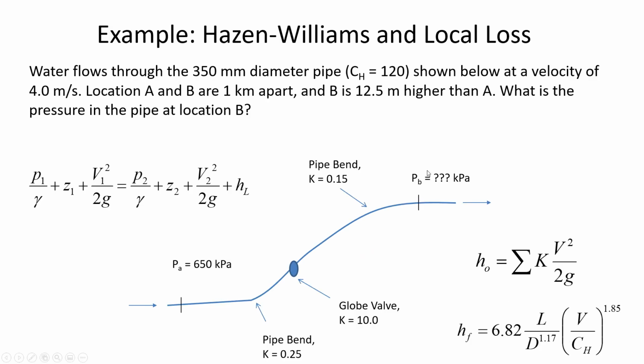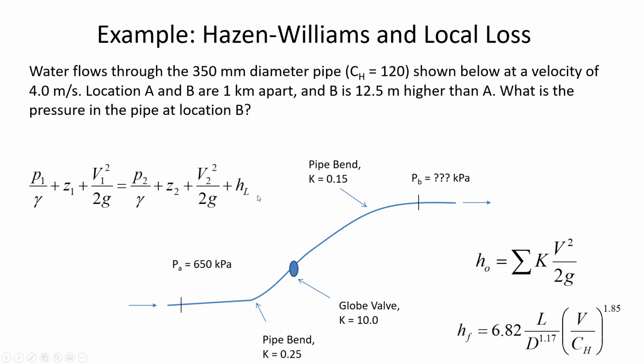Okay, the pressure at B is going to be quite a bit less because all of the factors that would impact the pressure are causing it to be reduced. There's the friction losses due to the pipe, there's the local losses due to these fittings, and then there's also the elevation difference. Where it's higher in elevation, it'll have less pressure because of that as well. So we need to first of all calculate the friction losses, then the local losses, and substitute that into the